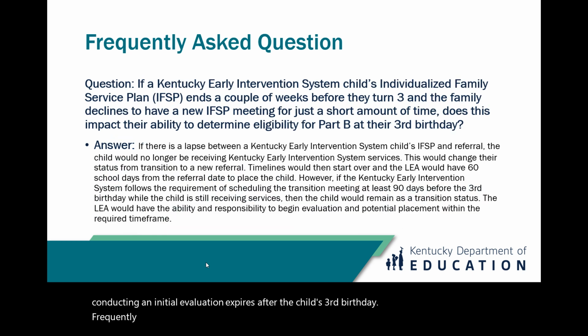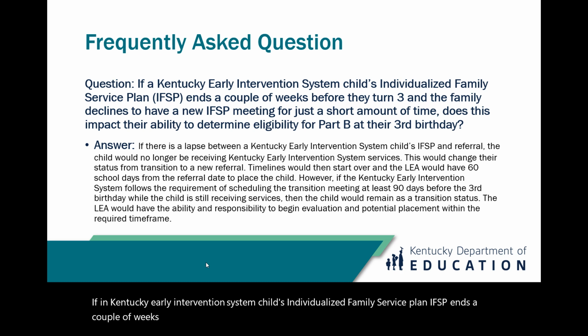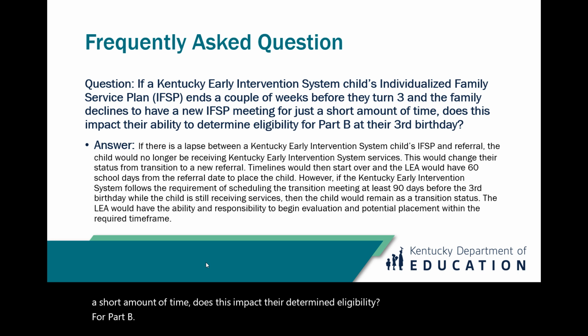Frequently asked question. Question: If a Kentucky Early Intervention System child's Individualized Family Service Plan, IFSP, ends a couple of weeks before they turn 3 and the family declines to have a new IFSP meeting for just a short amount of time, does this impact their determined eligibility for Part B at their third birthday? Answer: